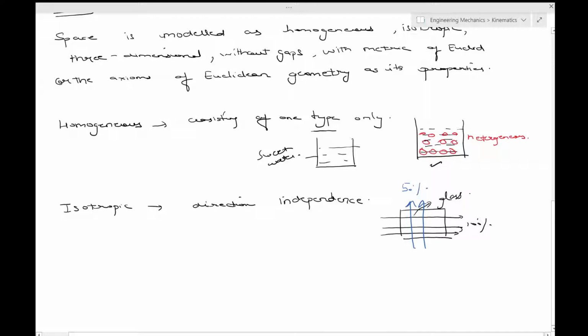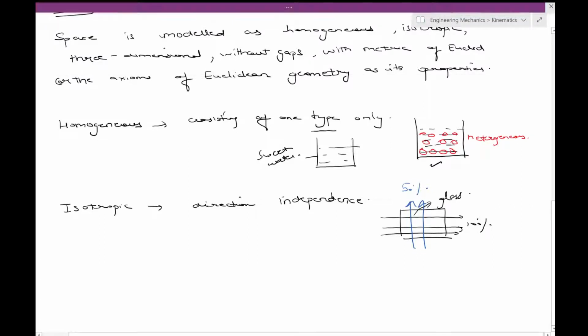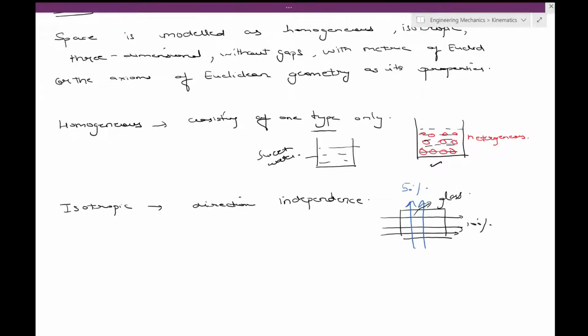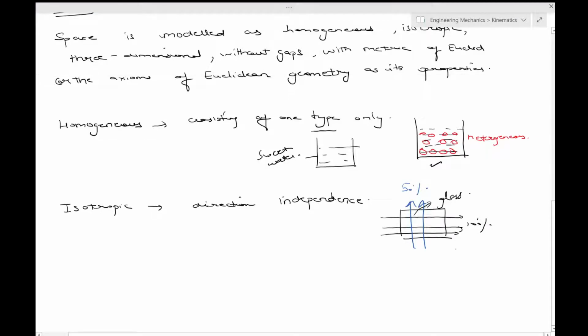The rest of it does not pass. So this clearly is a case in which the direction plays a role. In the most general case, this is called anisotropy